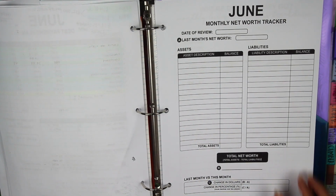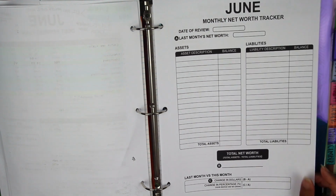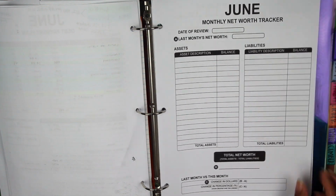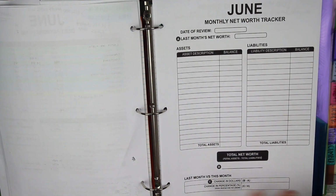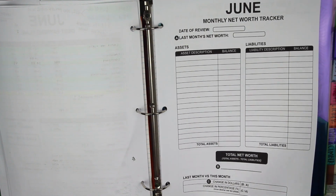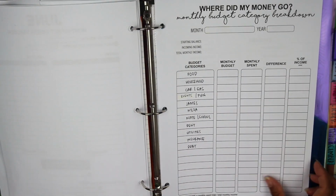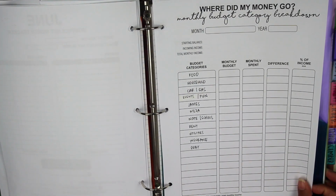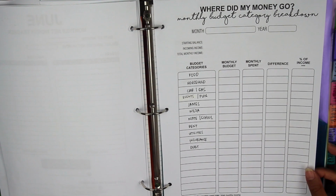And then you also get a tracker here for your monthly net worth. So this worksheet is for your monthly net worth tracker. I've never filled out anything like this before, so I am going to fill it out towards the end of the month. And then I think these ones are kind of cool too, because it's pretty much a breakdown of your monthly budget